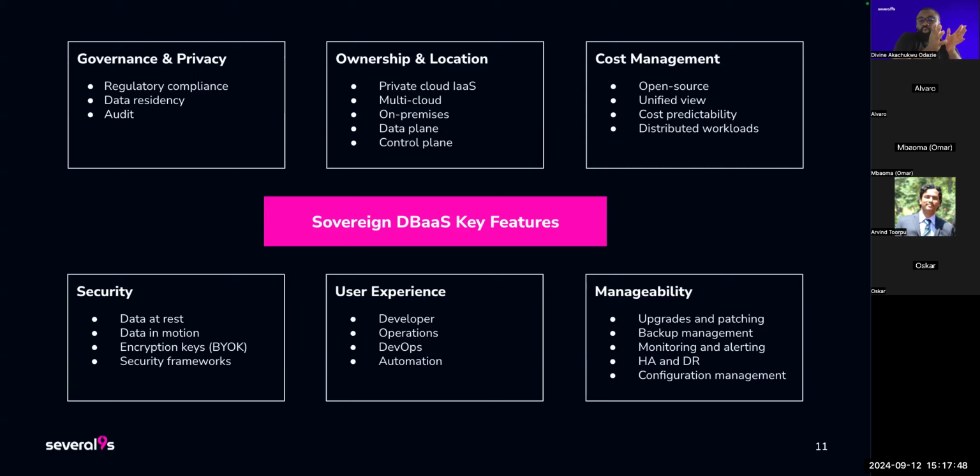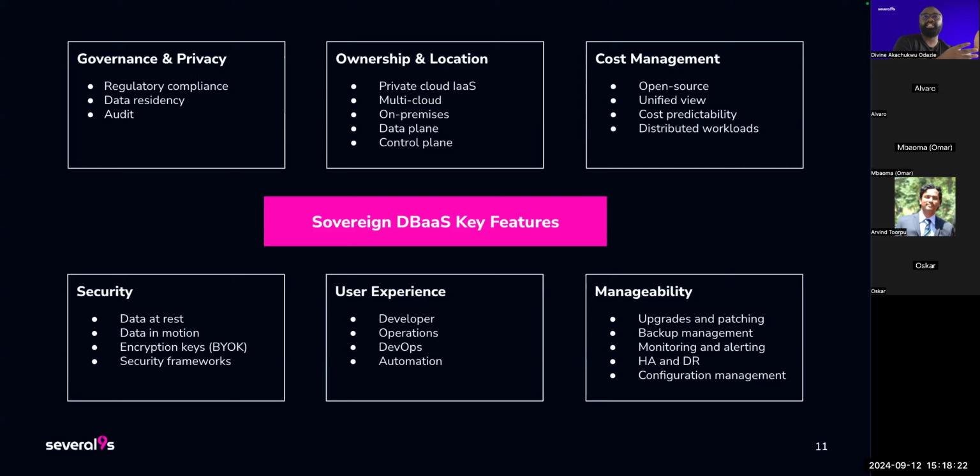The Sovereign DBaaS doesn't own the hardware. You own the hardware, you own the instances, wherever they are located: the virtual machines, the Kubernetes clusters, the bare metal, the PaaS offerings. And all this gives you the ability to manage costs, hence the next characteristic, the next feature. You can manage the cost. The rising cost is a major concern, like we see with public DBaaS. It can be 3 times the bare metal.